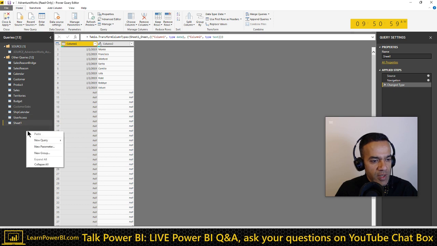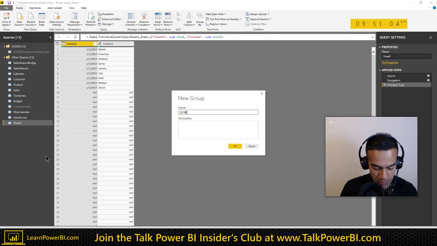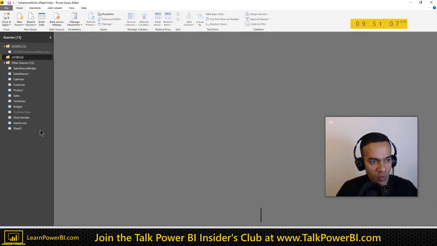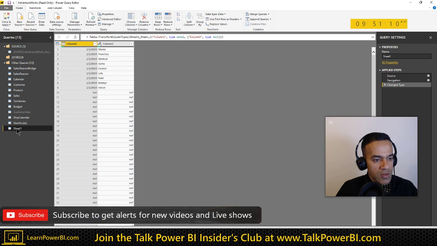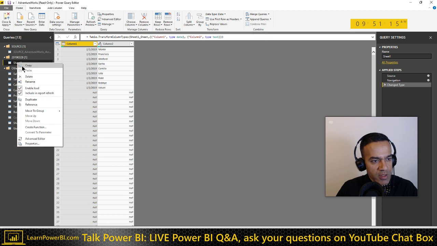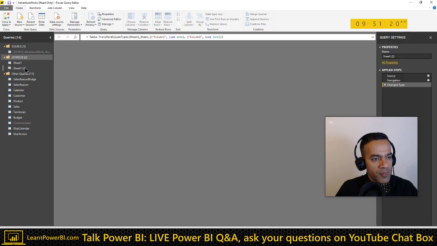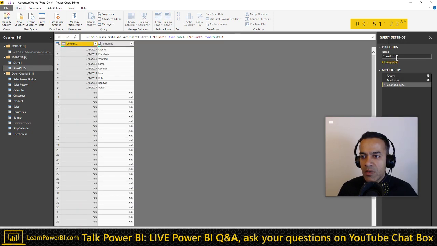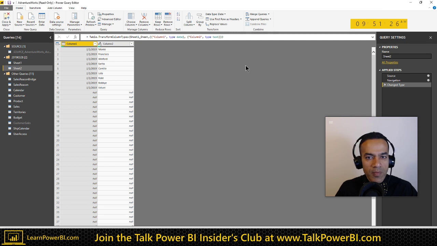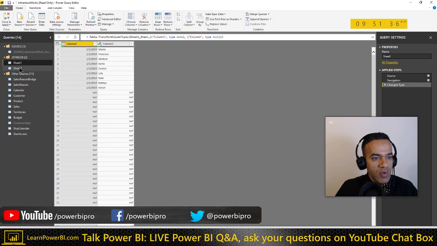Now there is a way to tell the query editor to bring in all the sheets. I'm not going to use that right now. I'm just going to copy this. The way I've been doing it, each day I get a file and they go into a folder. Yeah, it's going to a folder. Got it. So navigation sheet 1, I'll just change this to sheet 2. So we have sheet 1.